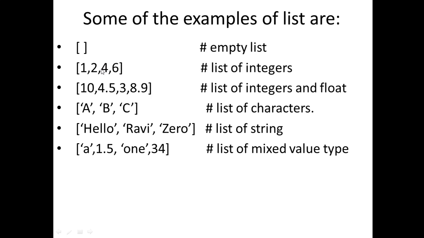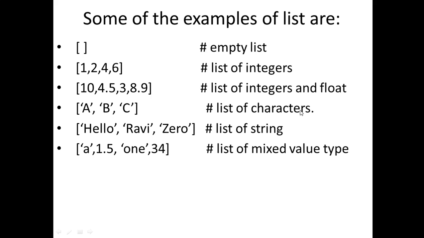and the items which are stored are of integer type, so it is a list of integers. The next example is 10, 4.5, 3, 8.9 enclosed inside the square brackets, an example of a list of integer values as well as float values, because the values are of integer type as well as float type, so it is a list of integers as well as floats. Next, a, b, c, the characters enclosed under quotes and then again enclosed under the square brackets, is an example